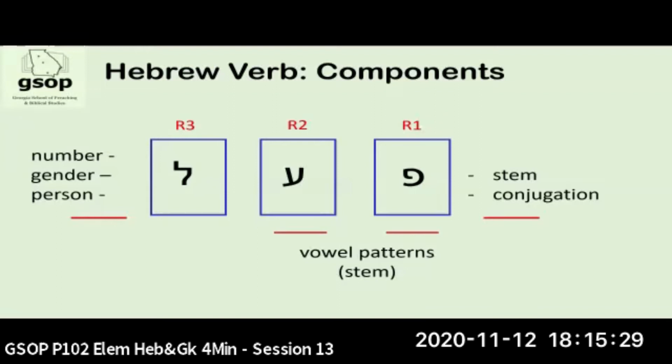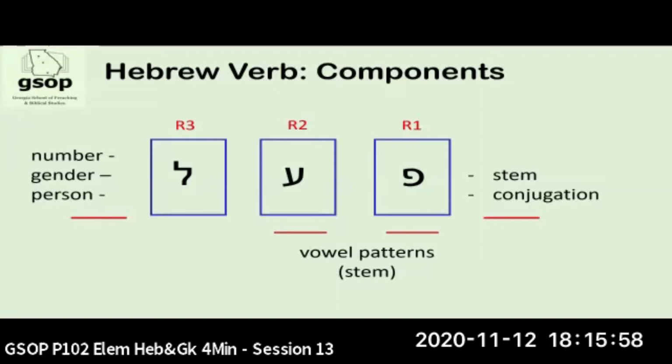We have number and gender and person, I think. I'd have to go back and look. I get confused. But in the verb, we have number, gender, and person. These are added as a suffix, and they give us specifically who's being referred to in the context, whether it be third person masculine singular, or third person masculine plural, or feminine, or common, first person common, second person,